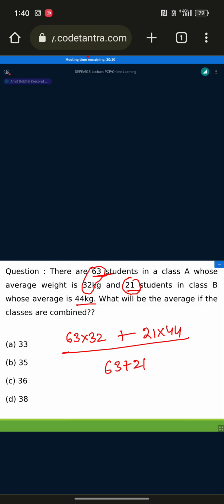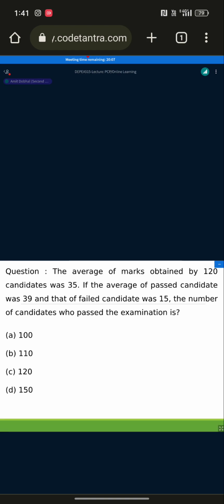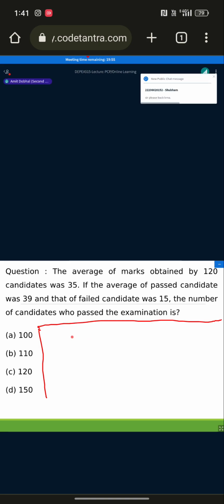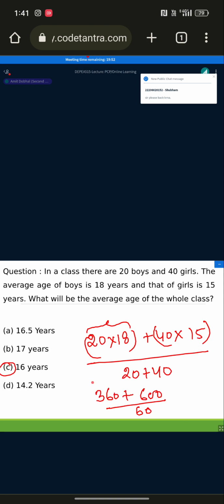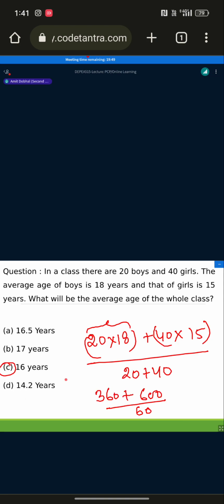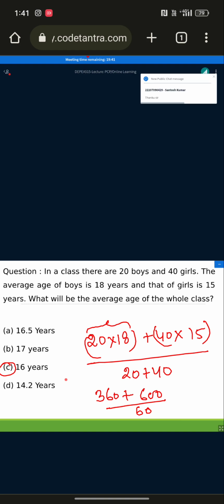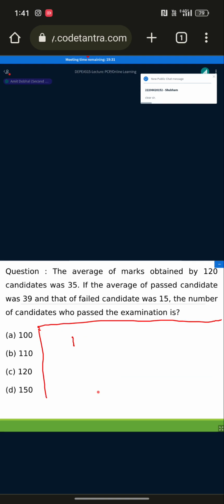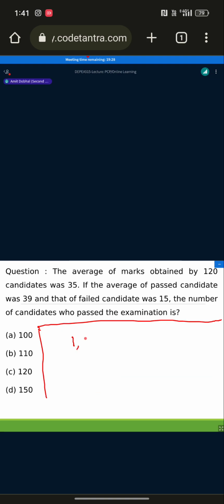All right. Now, let me explain one concept to you that is more important. Any doubt? Any doubt, Shubham? Clear. Okay. Now, coming to a concept, if I ask you what is the average of 1, 2, 3, 4, 5,